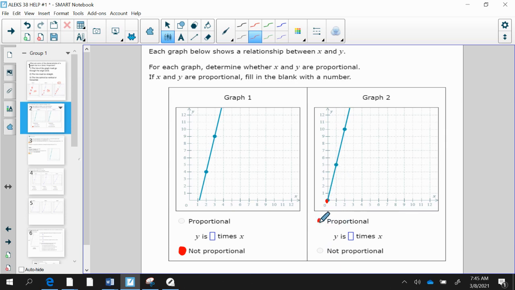So if it is proportional, y is how many times bigger than x? Well, the best way to figure this out is to mark here that when x is 1, y is 5. When x is 2, y is 10. So if this is x and this is y, how many times bigger is y than x? If you take a look here, y is 5 times bigger than x. So you put a 5. In fact, if I asked you guys to write the